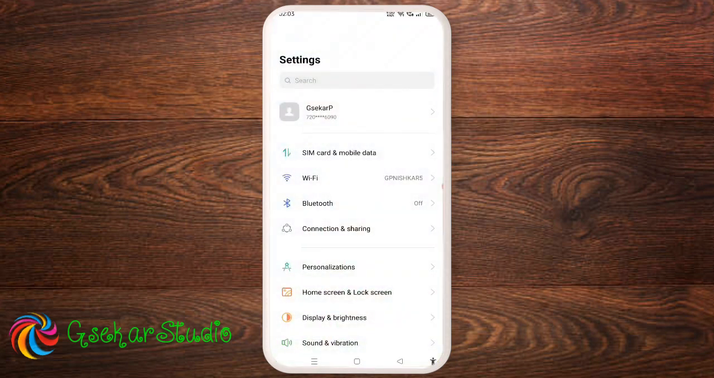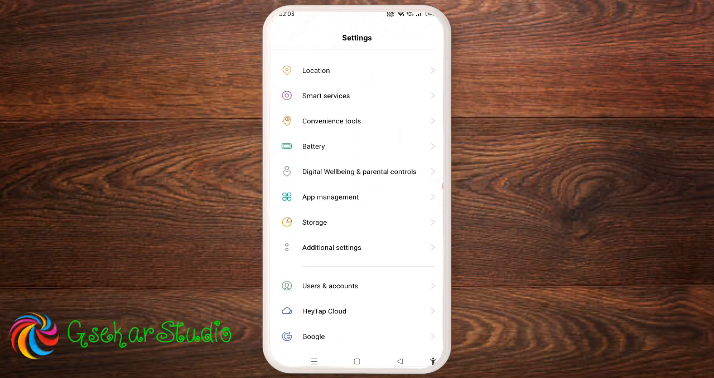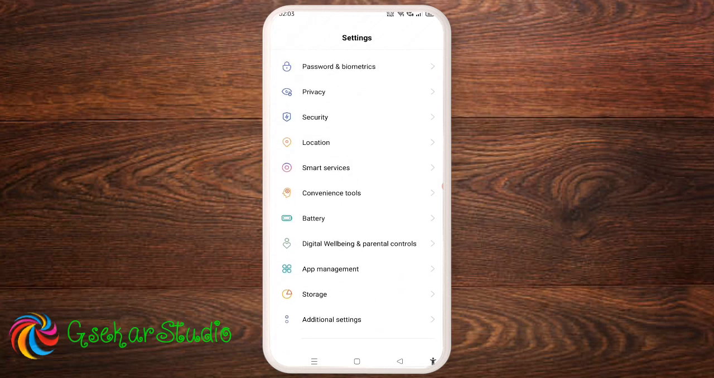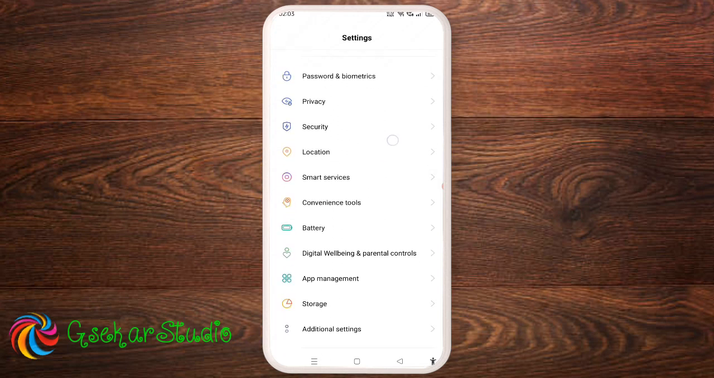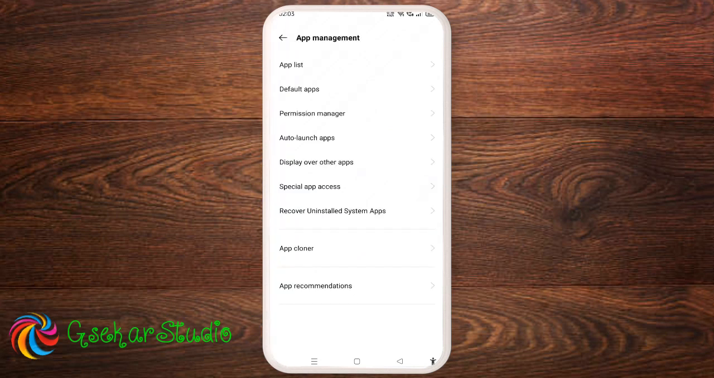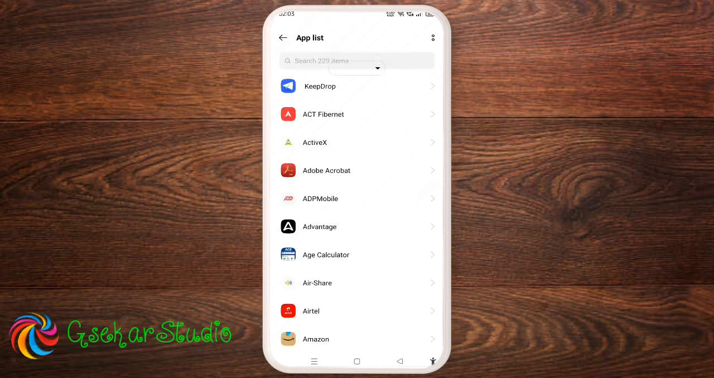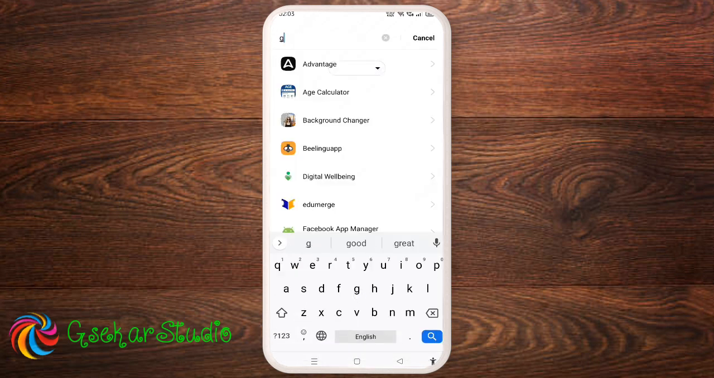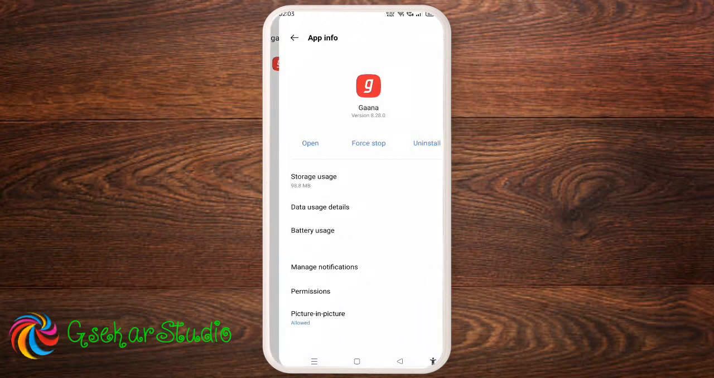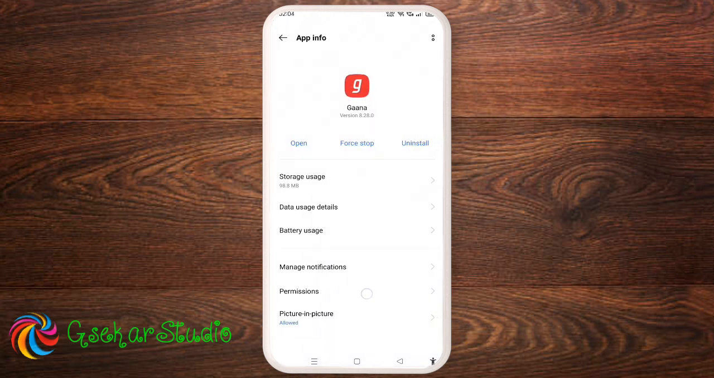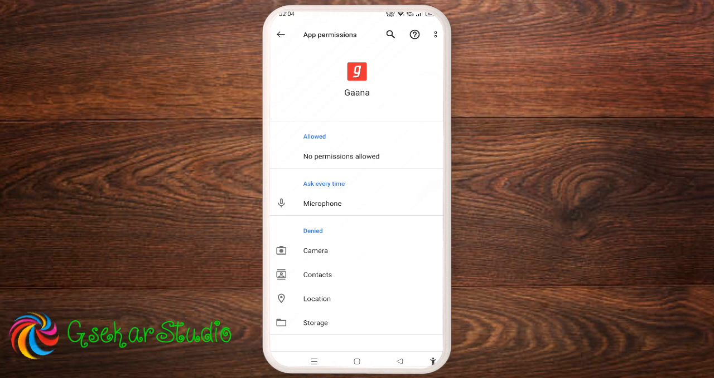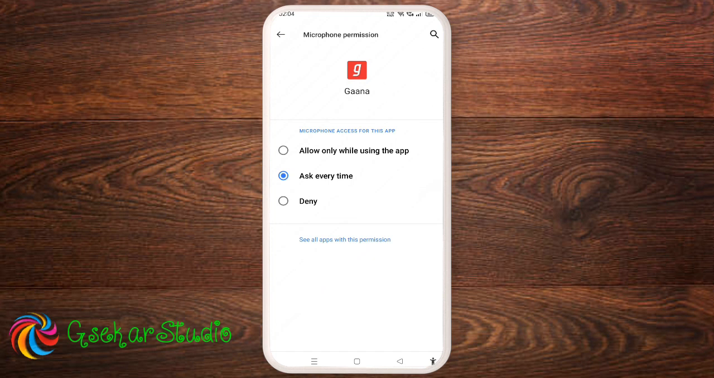To see the permissions for an application, you need to go to app list, app management, app list. You can search your app and click on permissions, and you can see "ask every time" for the microphone one, right? Because we gave one-time permission,